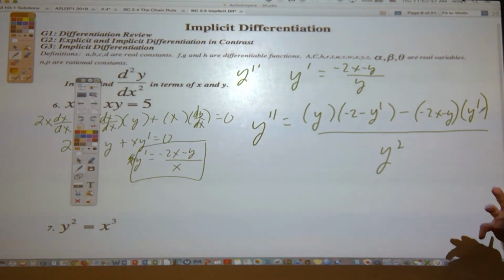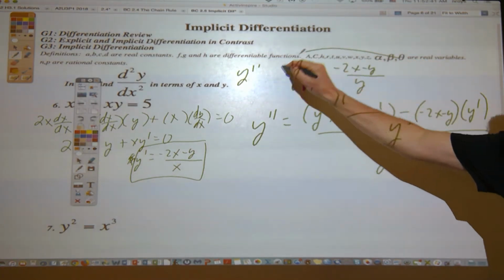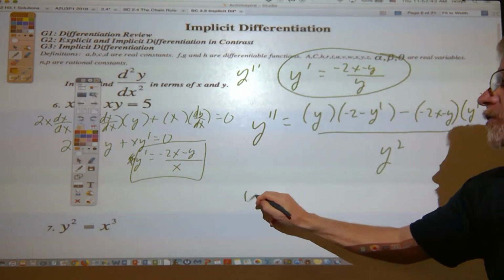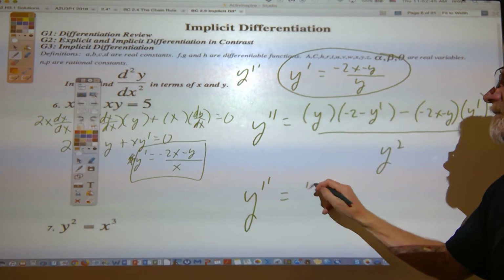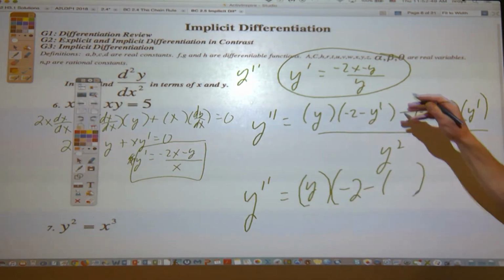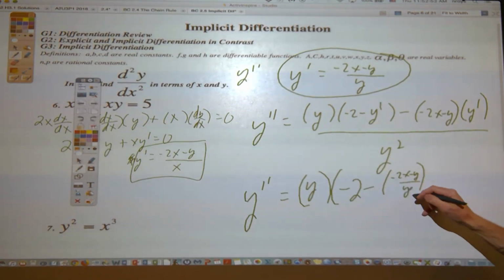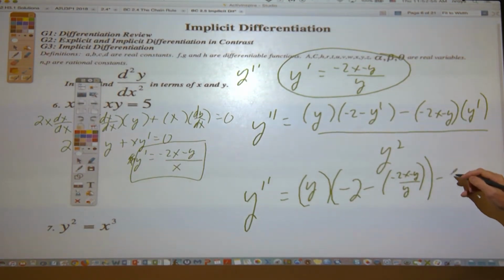Well, guess what I'm going to replace the y primes with? This. So to get y double prime, the final answer is negative 2 minus the y prime thing, which is negative 2x minus y over y, minus